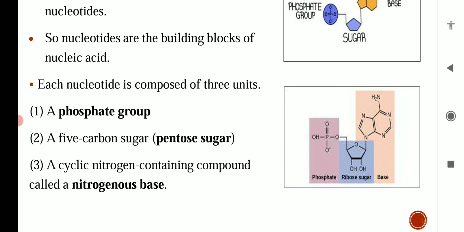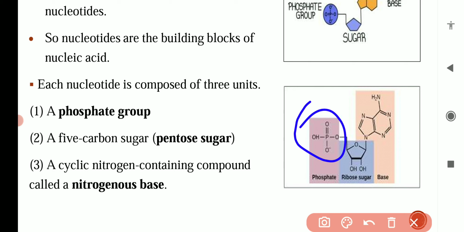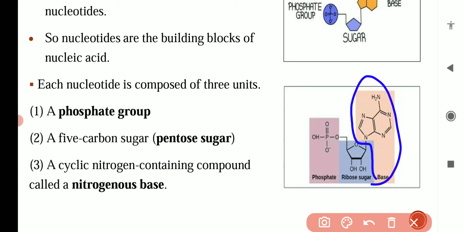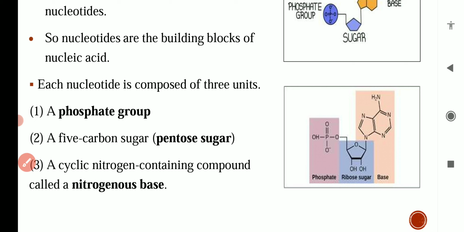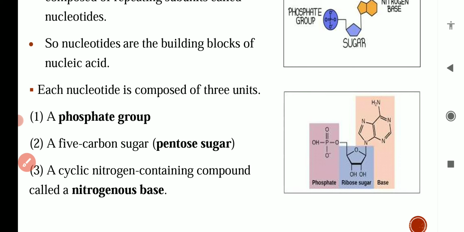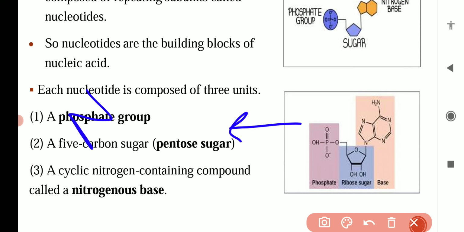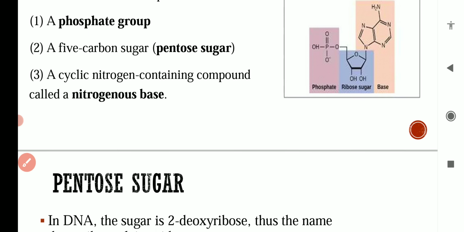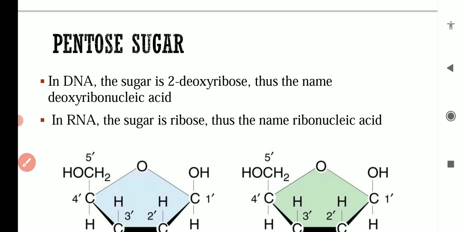If you see the chemical structure, you will see that a phosphate group is joined on carbon number 5, and on carbon number 1 of the pentose sugar, the nitrogenous base has been joined. So this is the nitrogenous base. You will see the light peach color, and this blue color is the pentose sugar, and this is the phosphate group. So these are the 3 components of a nucleotide, and several nucleotides join together to form a long DNA molecule.